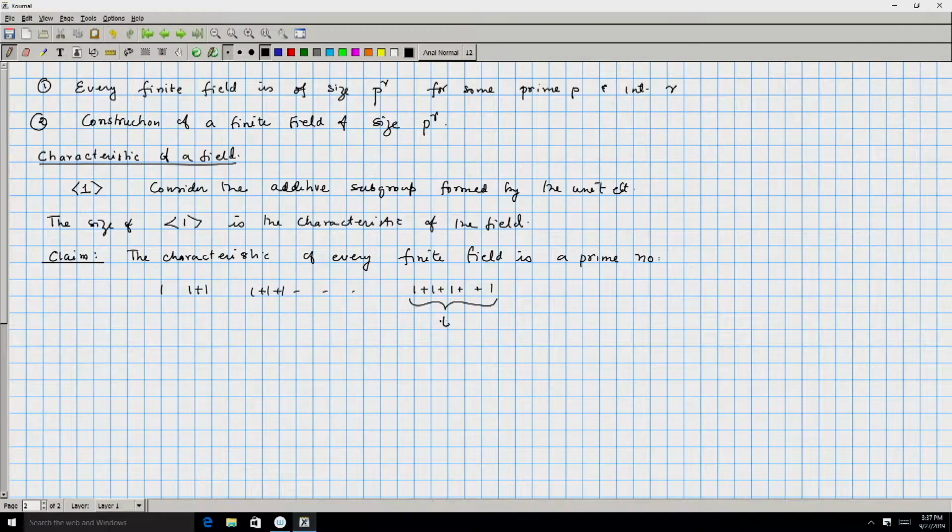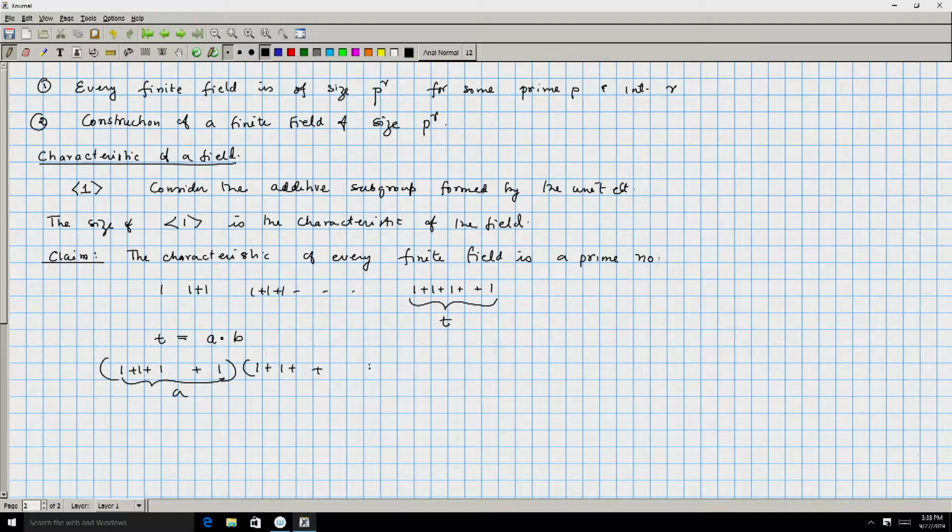So, let us say this is t, and t can be the smallest such number. Okay. This is the minimum number of times that you have to add 1 to itself, so that you get 0. Now, if t is not a prime, we can write t is equal to a into b, okay, and then we can look at this particular equation: 1 plus 1 plus 1, a times, multiplied by 1